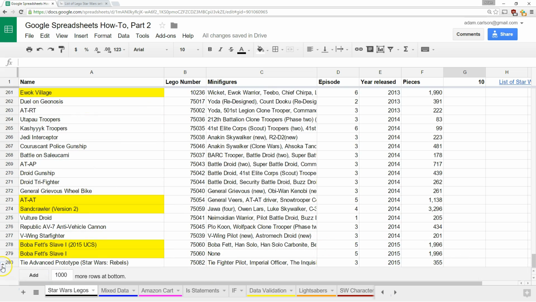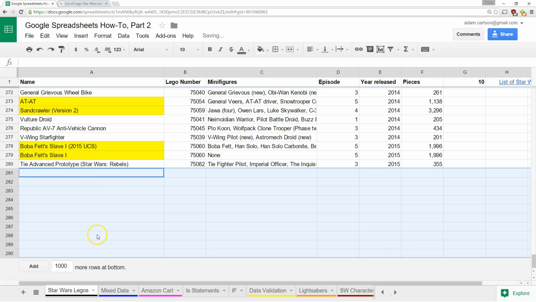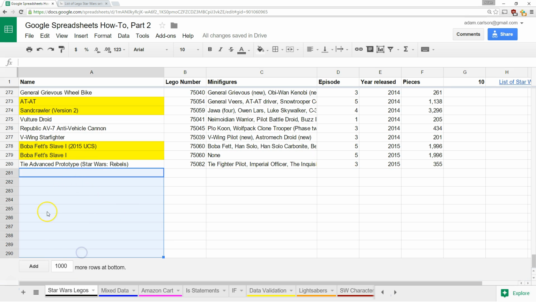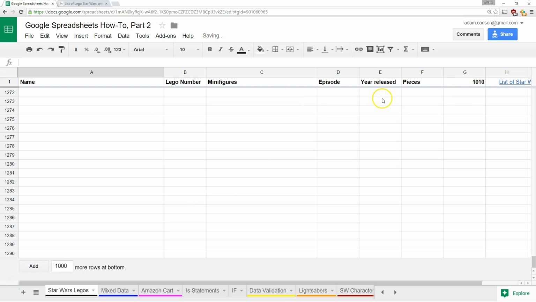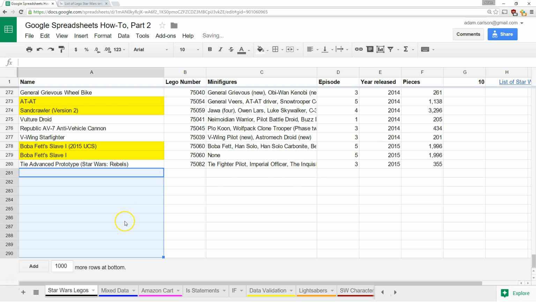The issue is right here, I actually have them hidden. If I unhide them, there I can see it. Right here, I just have 10 at the bottom there. If I was to add 1,000 more rows at the bottom, this thing here just jumped to 1,010. So count blank is actually going to be really good for counting how many things have yet to have an